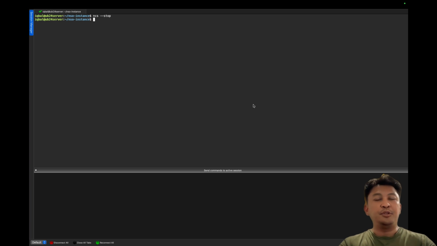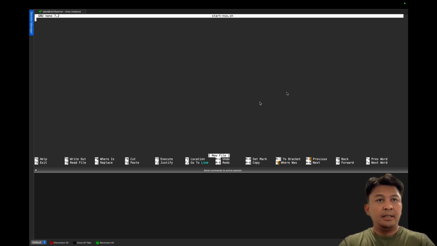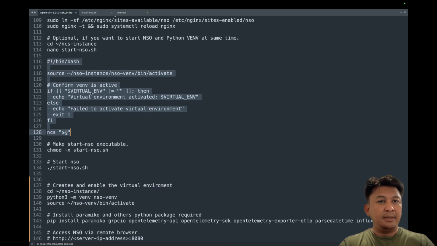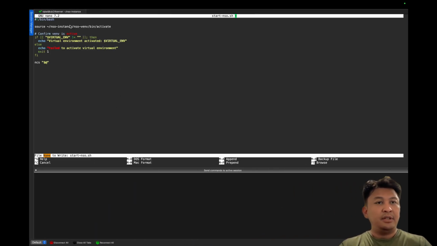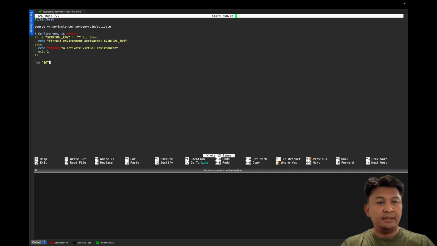Okay, we will create the script to run the virtual environment together with the NSO. So I will create the nano start-nso.sh and I will just copy and paste the script starting from this line, bin bash, until the NCS here. Right, Control O. Just make sure that you are pointing to the correct source. This is to activate your virtual environment, and Control O to save, press enter, Control X